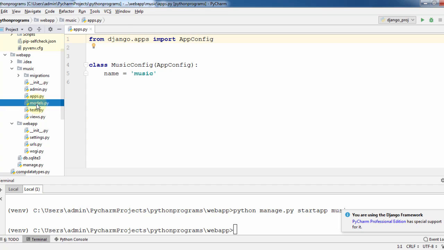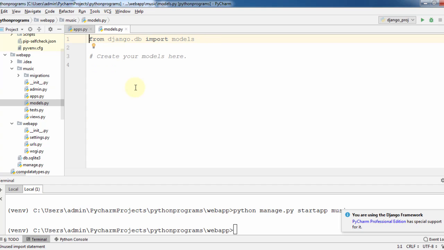And coming to models, it's nothing but the connectivity with the database. This is the database. It's nothing but a blueprint of your schema, and what the schema is over here, and accessing of this particular app. Now let's see, for example, if it is a music application or app we are creating over here,